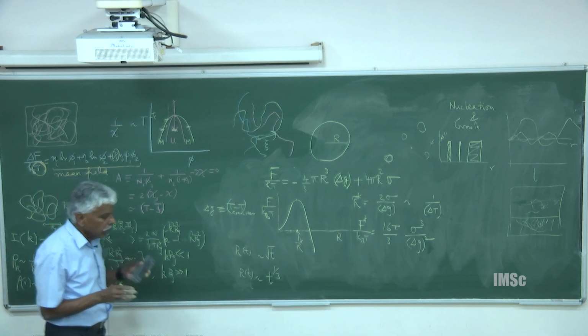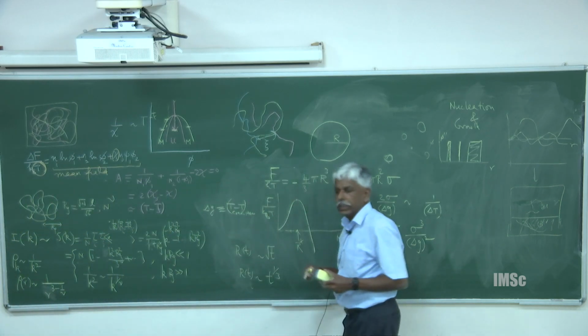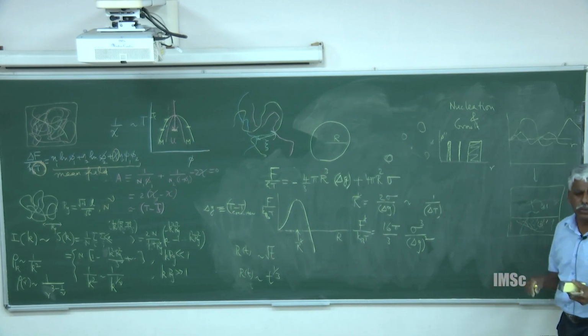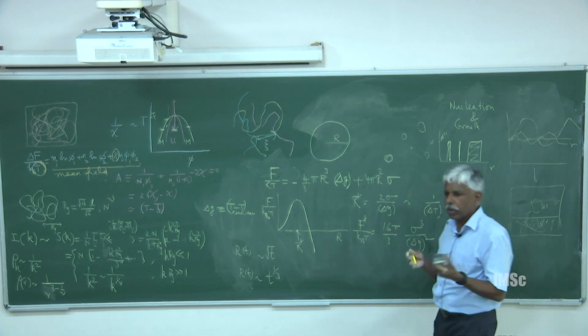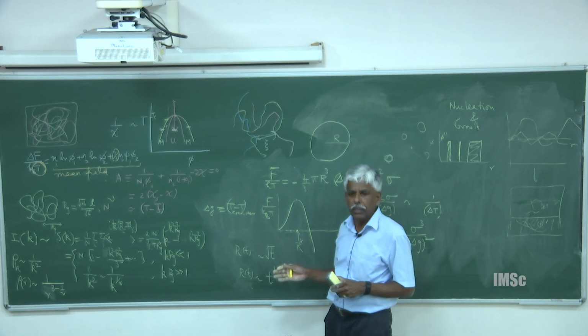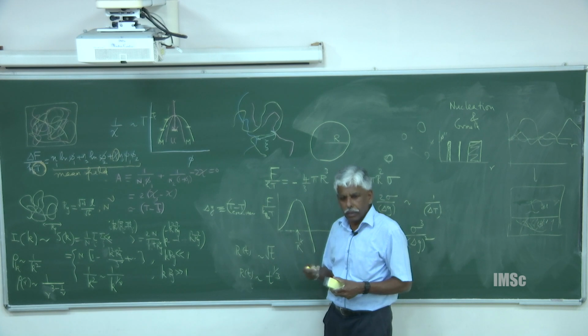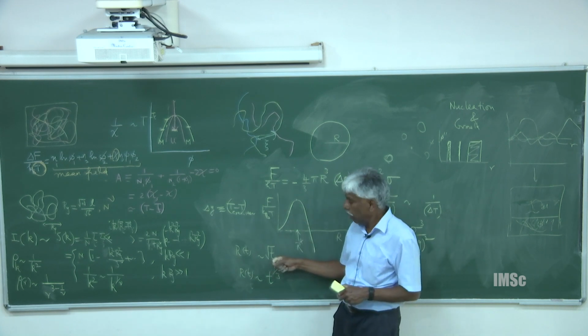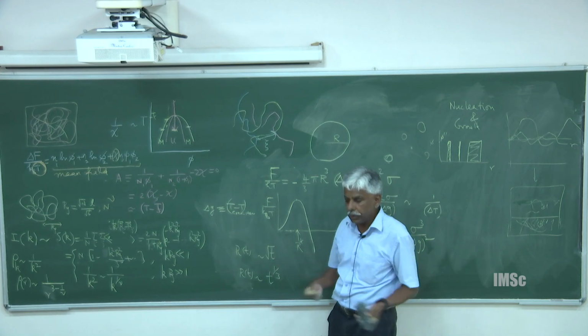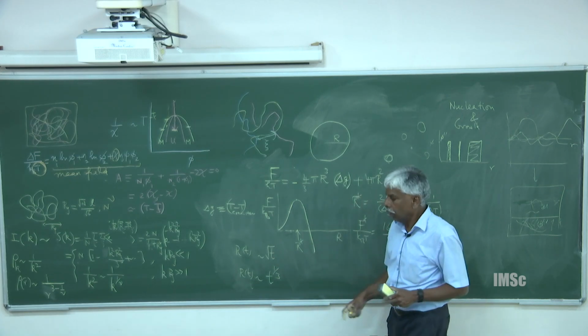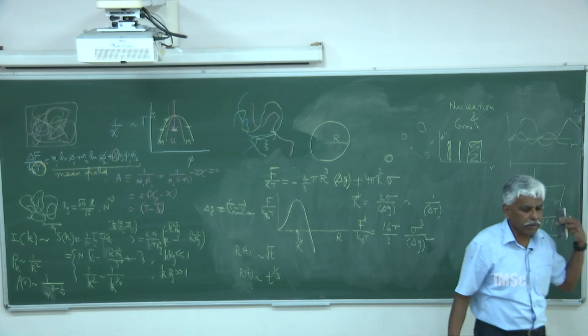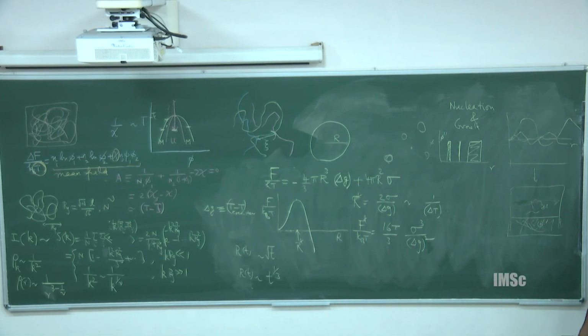The very early stage of growth, r goes to the square root of t, and that should not be surprising to you, because we talked about this Einstein's law. This means r square goes like t. It's more like a diffusion, and I think the theory has that signature of Einstein's diffusion. But at a later stage, there is cooperativity, collaboration, then you get t to the 1/3. That is like our Lifshitz slides on. The late stage of nucleation growth and late stage of spinodal decomposition follow the same law.